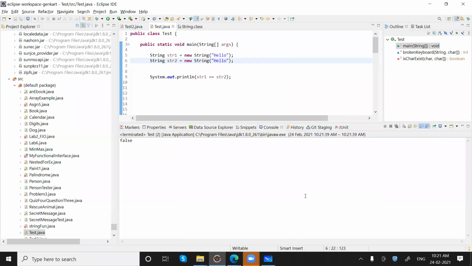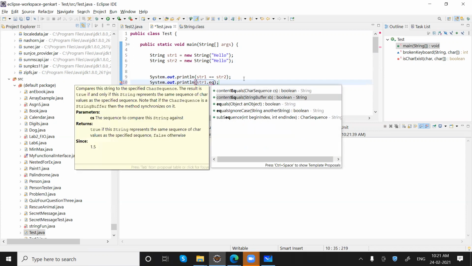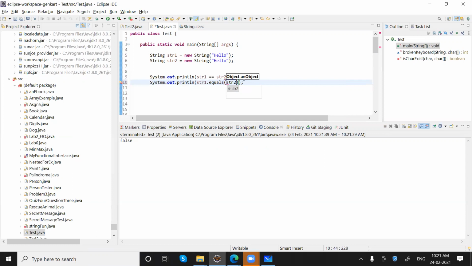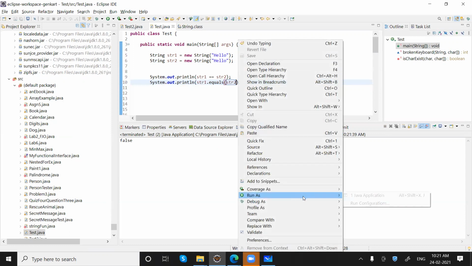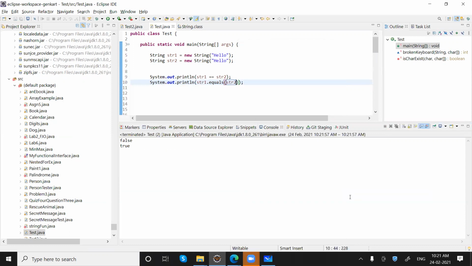we are getting false. So whenever we want to compare two strings, we need to use the equals method like this. Then only we will get the comparison between the content.